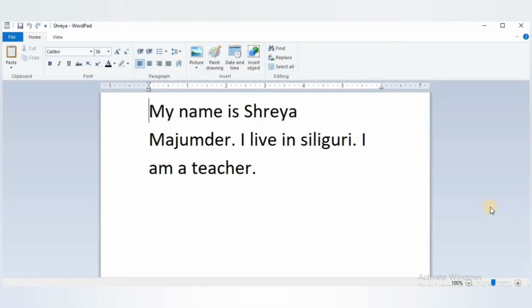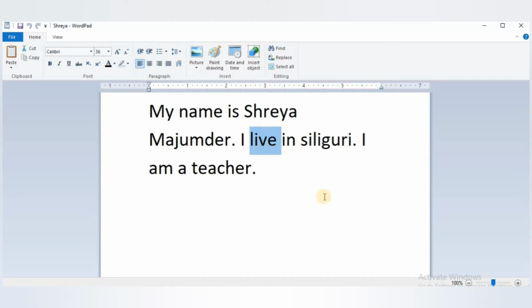will learn things related to selecting. Now, for selecting a word, suppose I want to select the word leave. So I will take my cursor, which almost looks like an eye, near the word leave, and I will double click on it. And see, the word is selected and it is now blue in color.